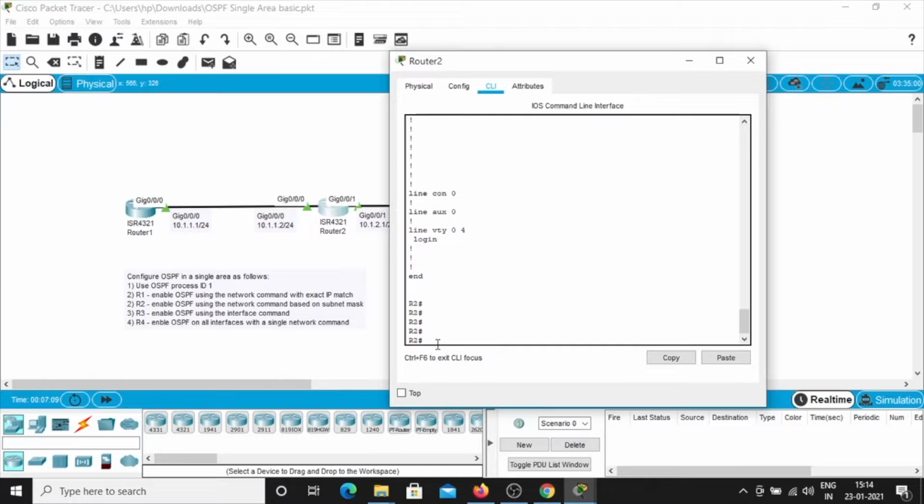So like the previous one, we are going to do configure terminal, then type router OSPF 1, network 2.2.2.2 0.0.0.0 area 0.